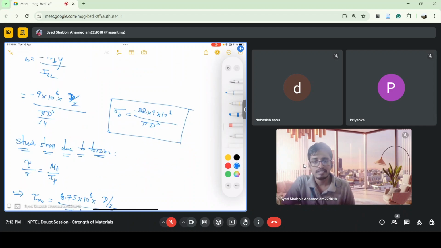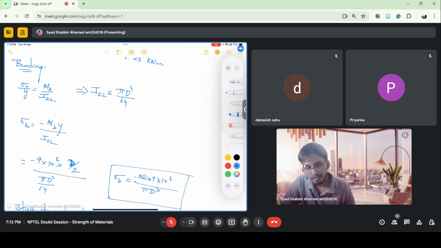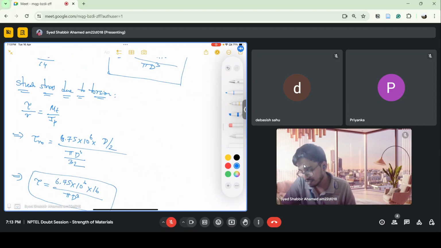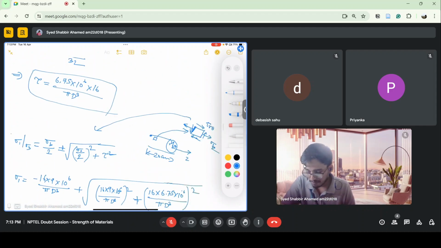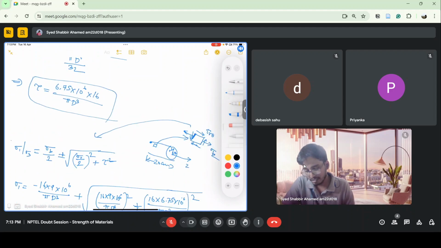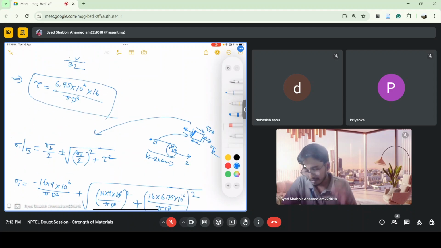And then we find out the shear stress due to the torsion. So due to torsion, there is shear stress occurring. Here we use the bending formula, and again to find out the shear stress, we use the torsion formula. Using both of these, the stress on the element of the shaft will